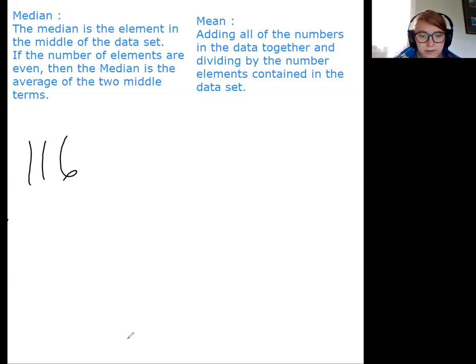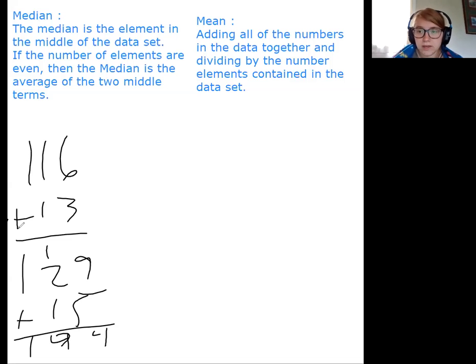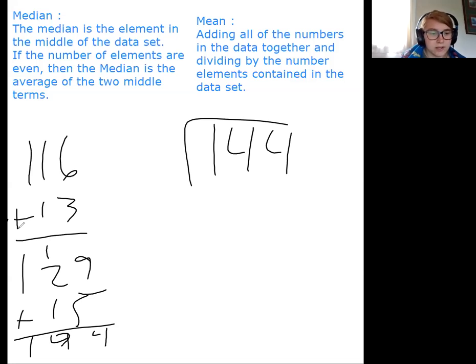116 plus 13, 9, 2, 1. And then last but not least, plus 15. 9 plus 5 is 14. 2 plus 2 is 4. 1 plus nothing is 1. So we have 144 divided by, and there are